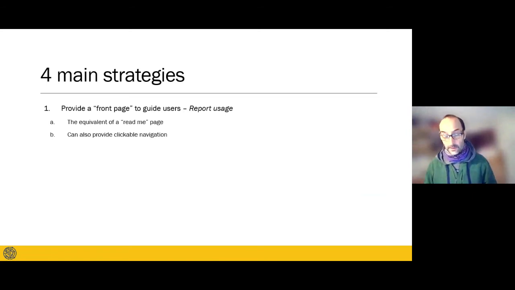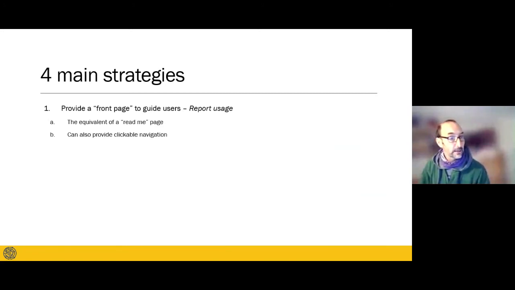I look at that as an equivalent of a README page. On that front page, remember, when you publish a report out to the service, the page that you publish it from is what by default people see. If you publish a report and you're on page 5, then that's by default what people see, unless they set their own bookmarks up in the service. We've covered that historically. So on that front page, you might want to provide some obvious clickable navigation. Let's have a quick look at a demo of this.